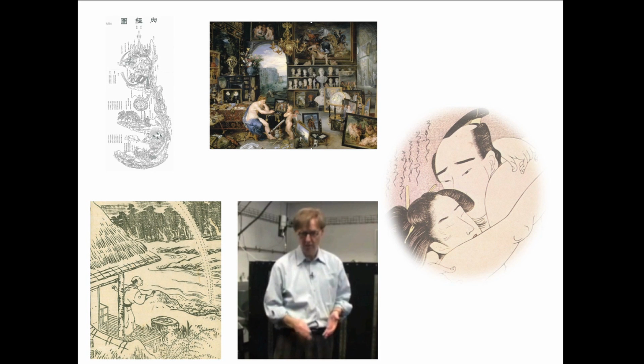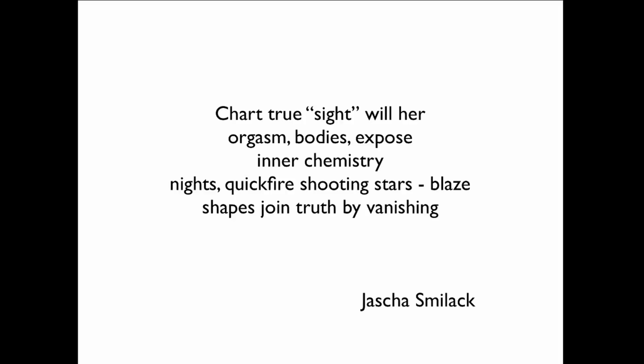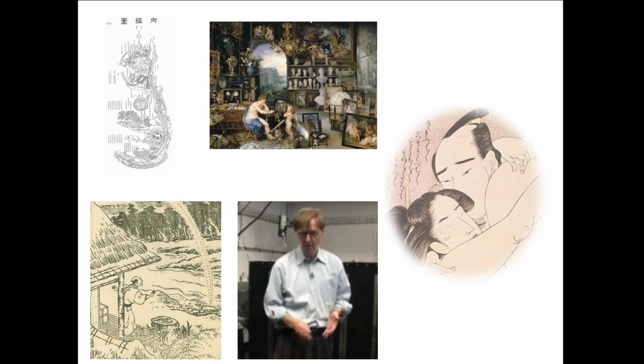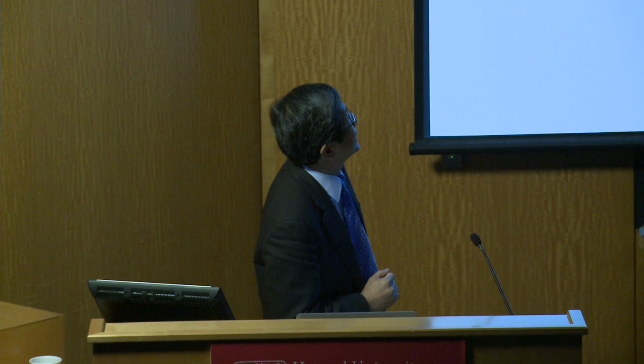We're talking about these five elements. Before beginning, I thought I'd remind you of this poem that's on the website. This is actually by our own Yasha Smilak, which also very nicely, in a tanka, summarizes the elements of five images and also incorporates Mac King in a very clever sort of way. If you look at this, you can see that the beginnings of these become coins and then vanish.